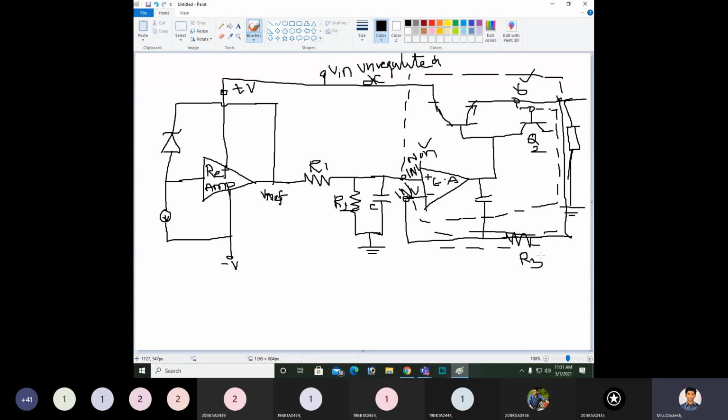Right? We have directly feedback to which terminal? To the inverting terminal. And it is amplified by an error amplifier. Whatever we are connecting with the help of the feedback connection is amplified by the error amplifier. We have here the error amplifier. With the help of that only, this directly fed back inverting terminal is amplified. And the output of the error amplifier